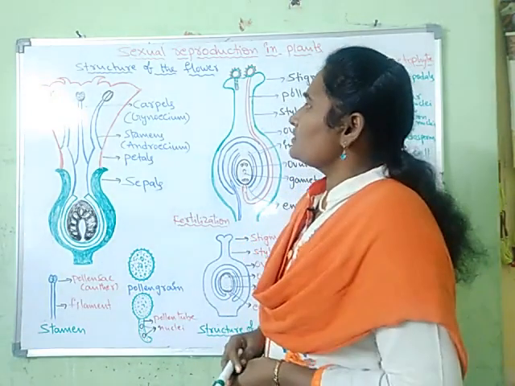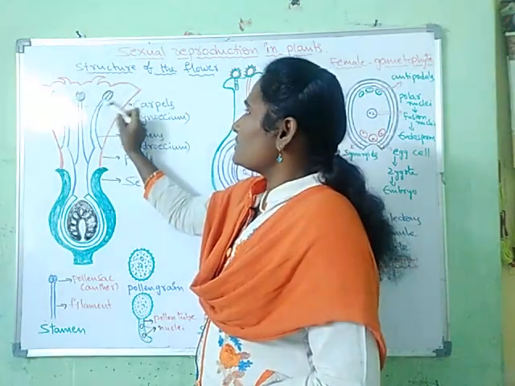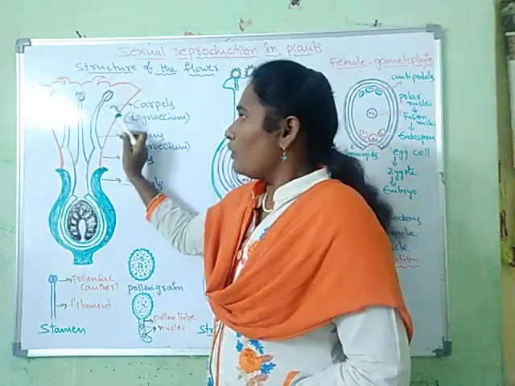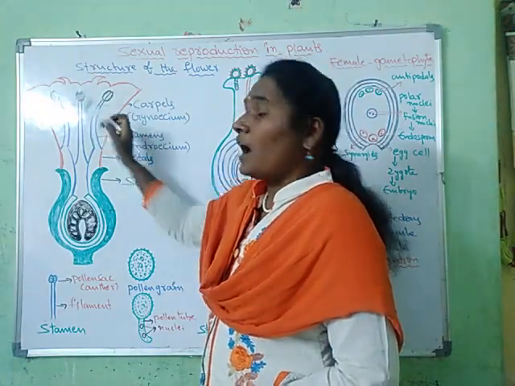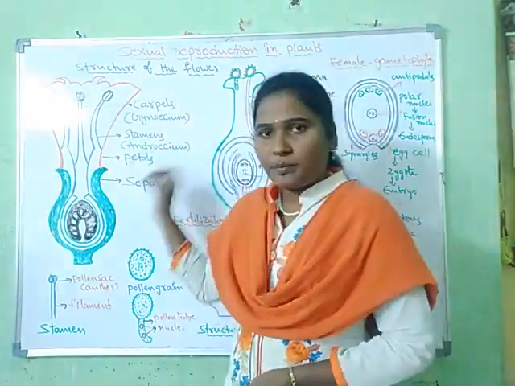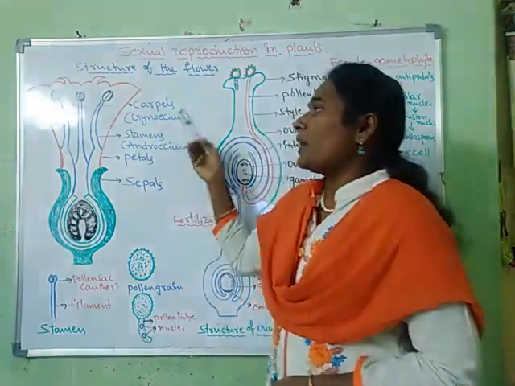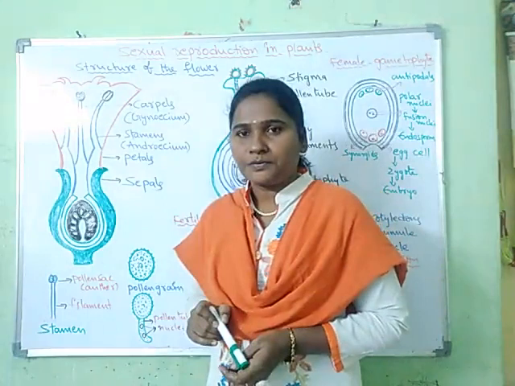In some plants, the male reproductive cells of the flower fertilize the female reproductive cells of another flower, which is present on the same plant or a different plant of the same group. That is called cross-pollination.